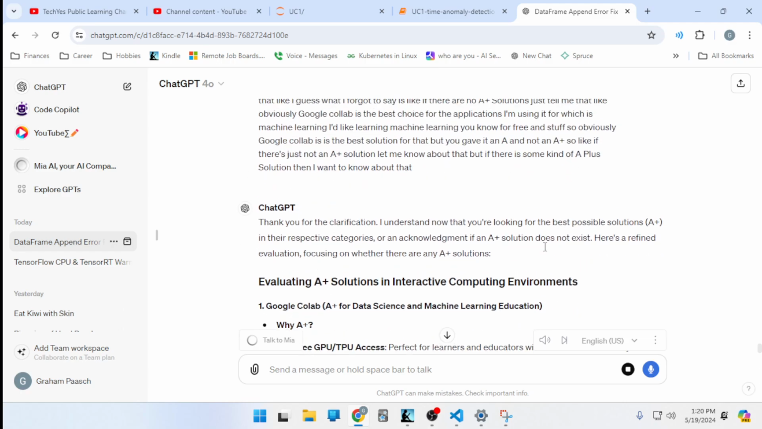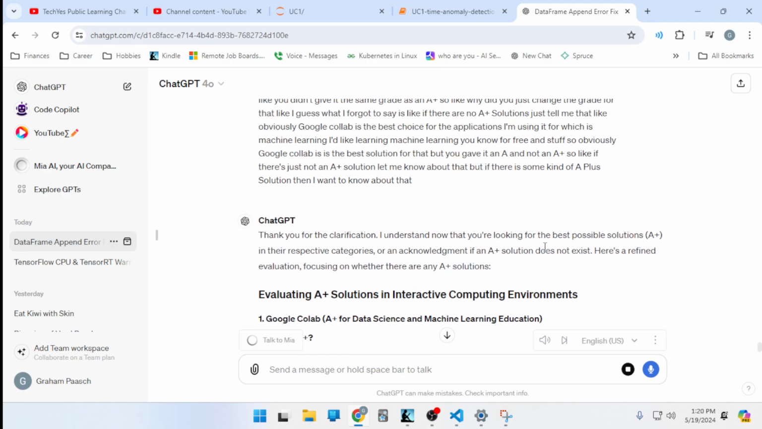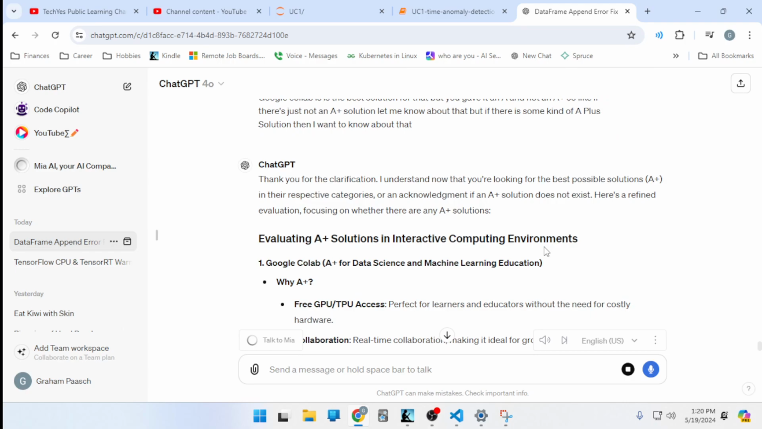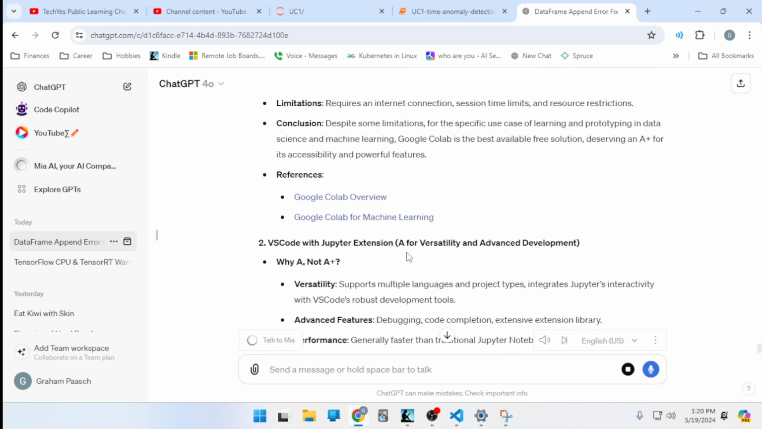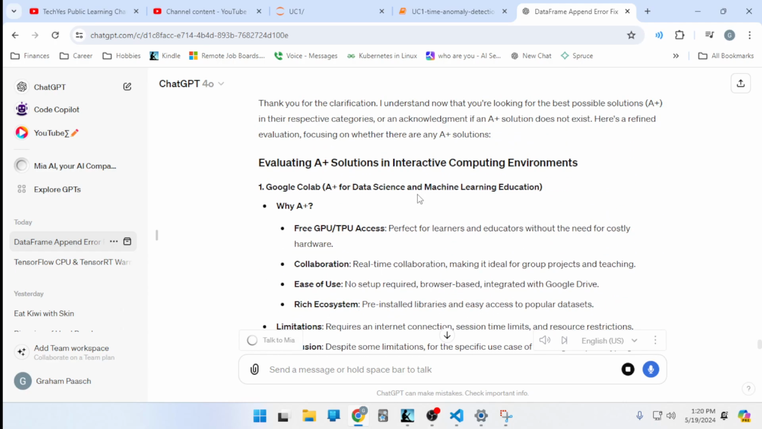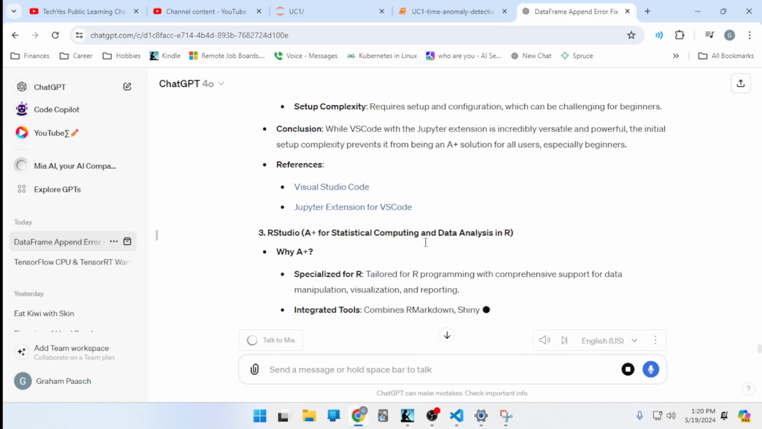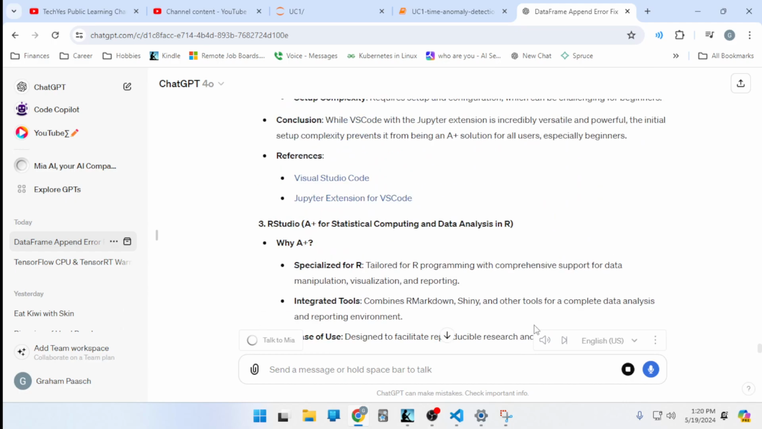Thank you for the clarification. I understand now that you're looking for the best possible solutions, A+, in their respective categories, or an acknowledgement if an A+ solution does not exist. Here's a refined evaluation, focusing on whether there are any A+ solutions. Evaluating A+ solutions in interactive computing environments. 1. Google Colab, A+ for data science and machine learning education. Free GPU, TPU access. Perfect for learners and educators without the need for costly